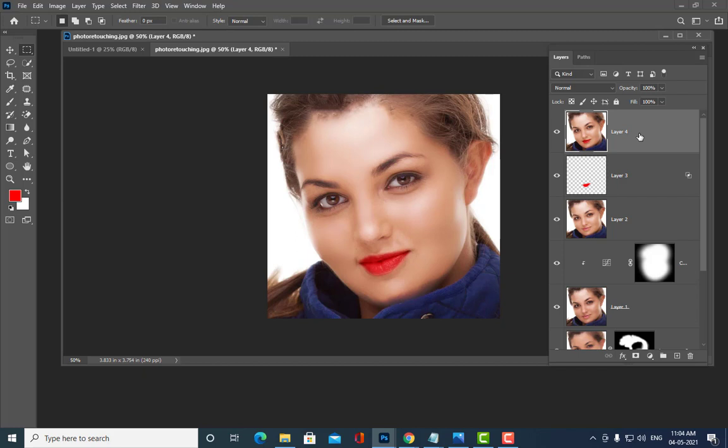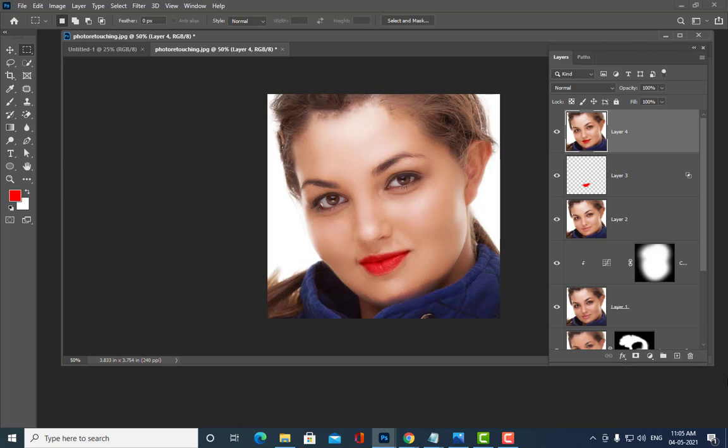But the underlying layer will actually swallow, eat, or remove a part of the top layer. Understand what I'm saying? It will remove part of the top layer in either bright areas or dark areas. That is the difference. Okay.